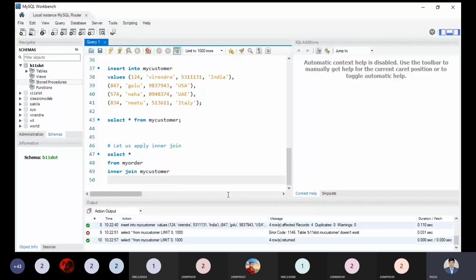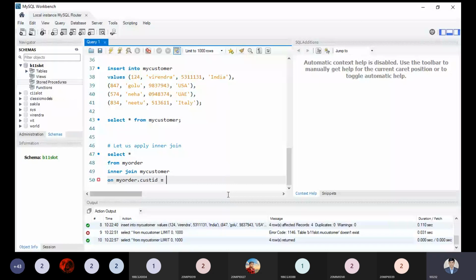On the condition. On what condition? Customer ID from my order, custom ID is equal to my customer dot custom ID.